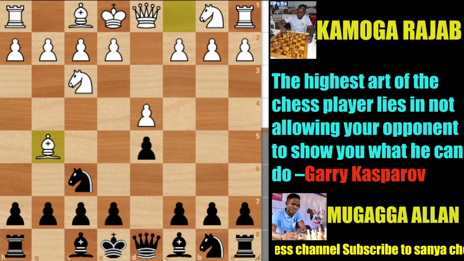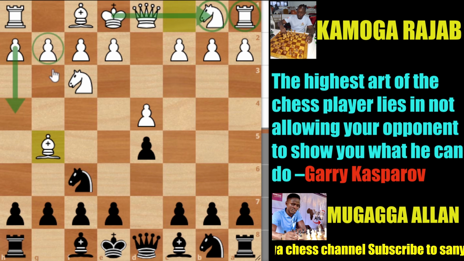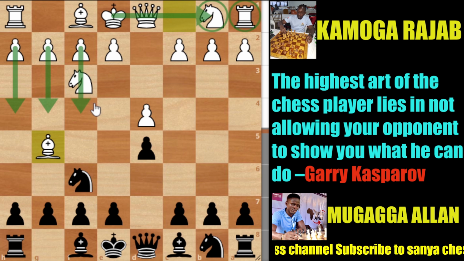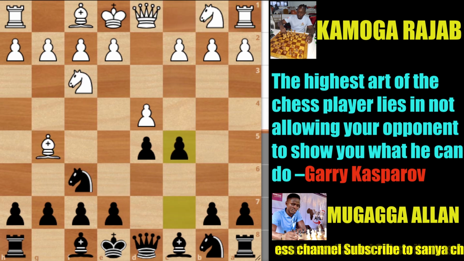Now, the essence of the Torre attack: white is trying to develop the pieces which are on the queen side, and they're going to go ahead for long castling, and then they launch a pawn storm of all the pawns towards the king side of black. If black goes ahead to play pawn e6, then it means they're doing exactly what white wants. So that's why Mugagga went ahead and played c5 in this position.